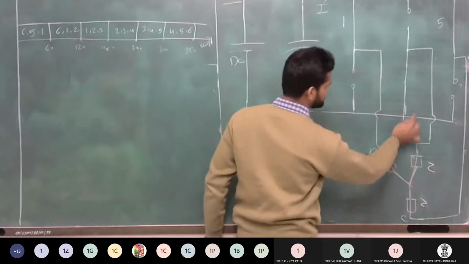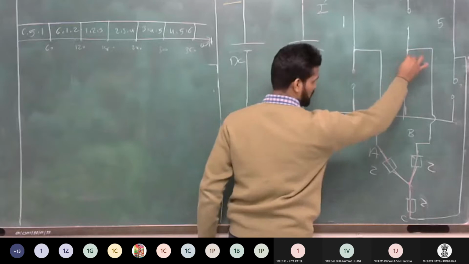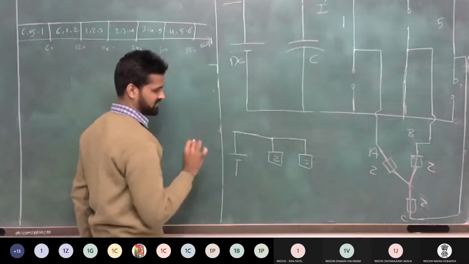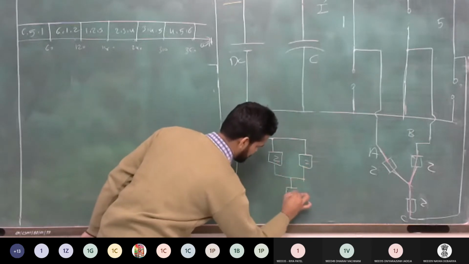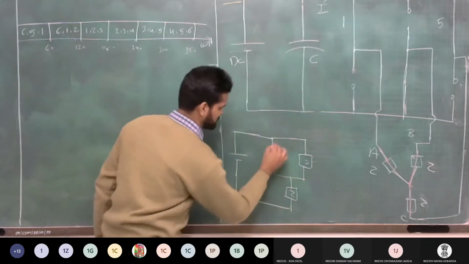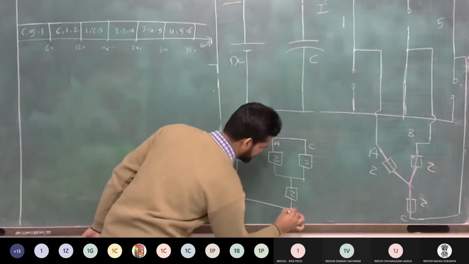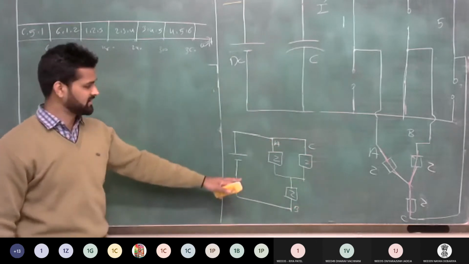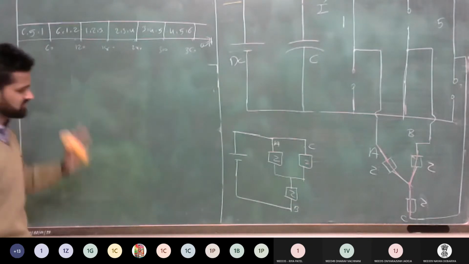And for the B phase, thyristor T6 is conducting, the lower group thyristor, and that is connected with the negative terminal of your supply. So it means you can draw this equivalent circuit like this. This is your A phase, this is your C phase, and this is your B phase. Can you draw this circuit? Equivalent circuit for the first interval.